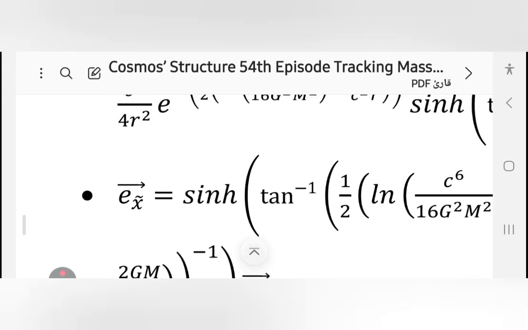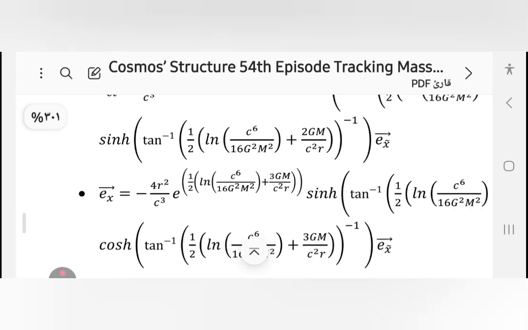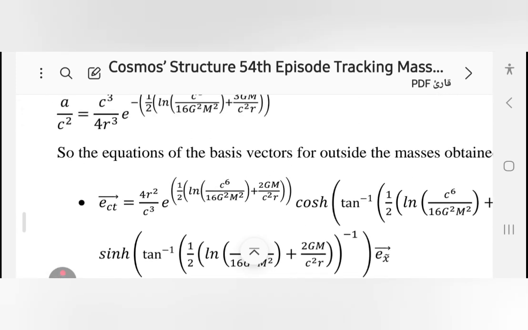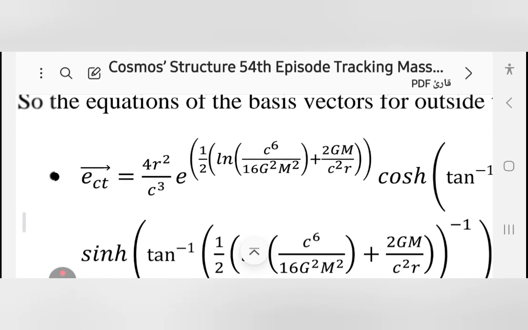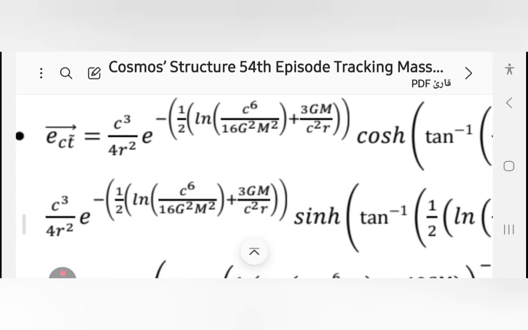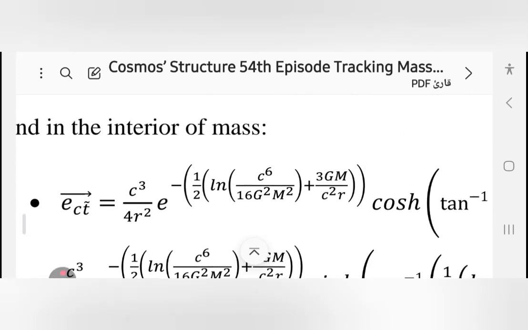طيب تعالوا هنا، في متجه الوحدة، لا أقصد هنا، هنا ولا هنا، أظن في متجه الوحدة، نعم هنا في متجه الوحدة بالنسبة للنيوترينو